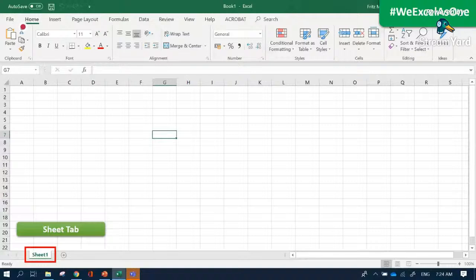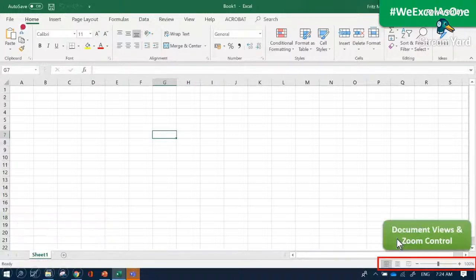And lastly, we have document views and zoom control. You can opt to view the document in different ways, while with zoom control, you can zoom in and out of the sheet. So those are the basic parts of the Excel screen.